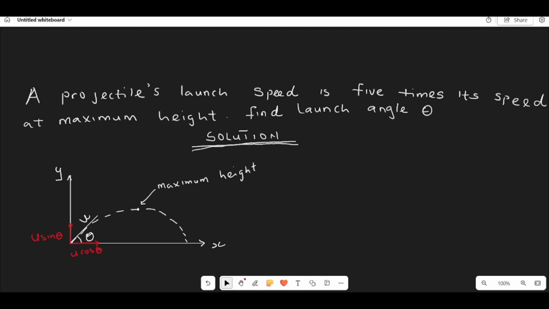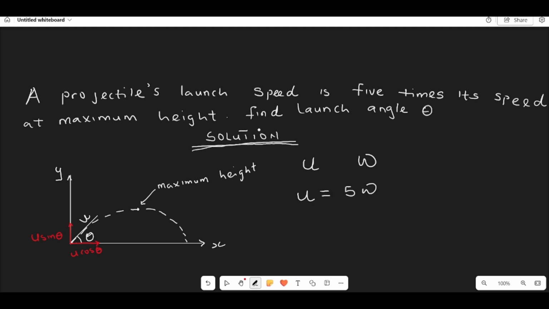I want you to understand that at maximum height, the vertical component of the velocity of a projectile is 0. So we are now left with the velocity of the projectile in the horizontal direction. Our launch speed is u, and let us say that our velocity at maximum height is w, and the question says that our launch speed is 5 times the velocity at maximum height. So we can say u equal to